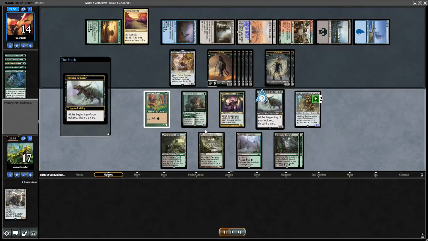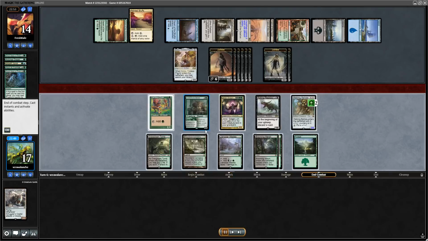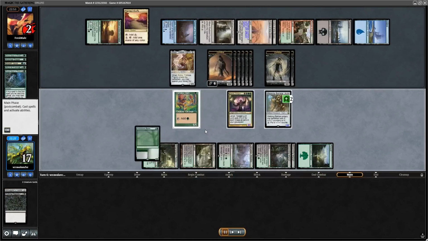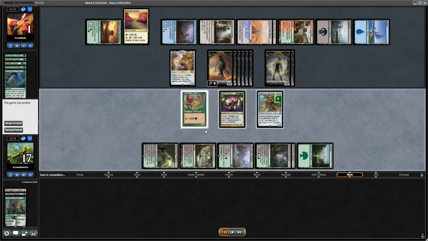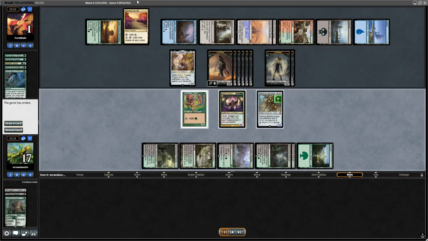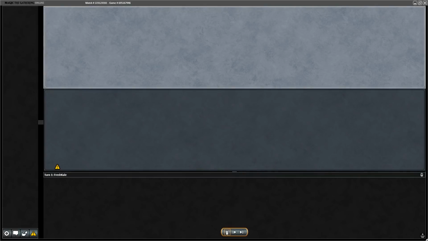I can't really attack in for anything meaningful, and we can just sacrifice the Rotting Regisaur, sacrifice the Lovestruck Beast, and then Walking Ballista twice to the face. So awesome combo there with Jarad and sacrificing for 6 mana to be able to do 12 damage there, and the Walking Ballista. Game number 2 was...